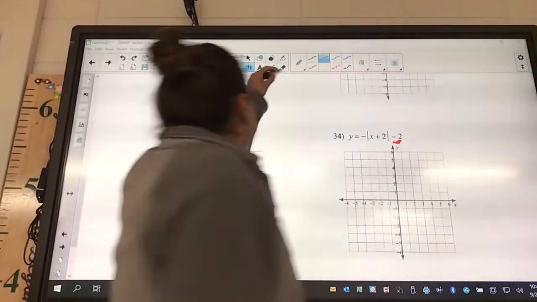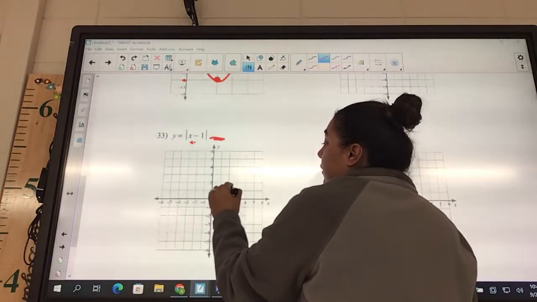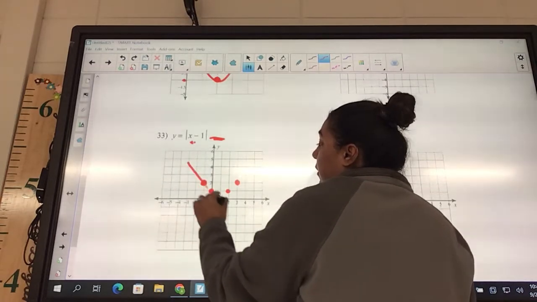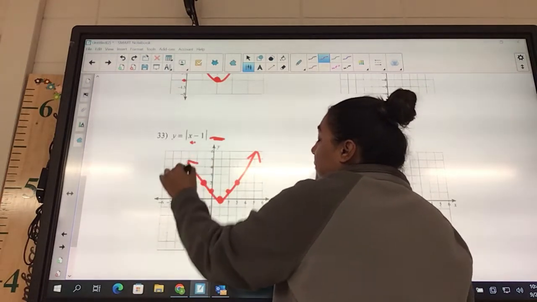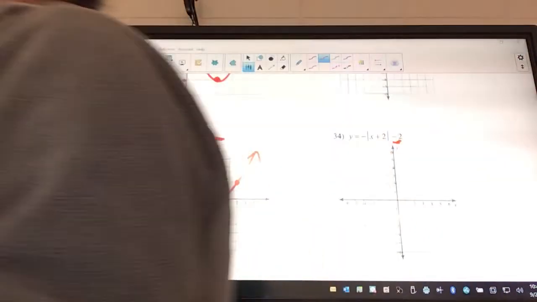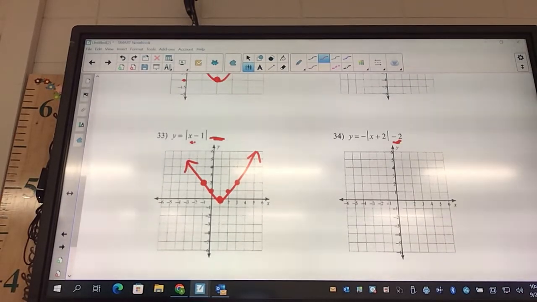And then how do we graph the rest? Up 1 over. How many dots do you need? 5. Okay, you should have 5 total dots. Okay, the rest is for you guys to do. You got 12 problems. Okay, get them done. If you did not finish your sheet from yesterday,